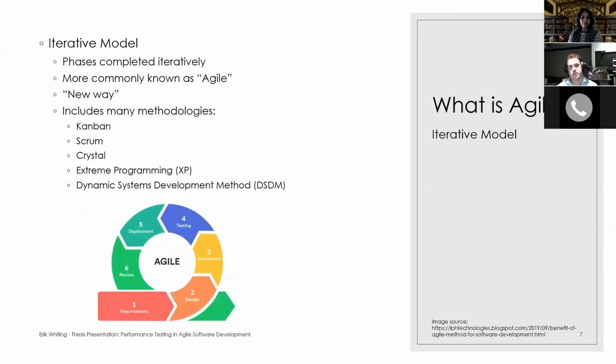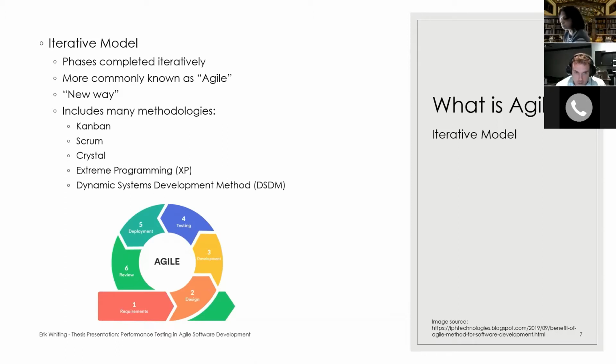Now, alternatively, there's the iterative model, which is the official name of what we call Agile. The iterative model of software development is when you take a few requirements at a time and you take it through those phases. You find maybe 1 or 2 features that you want to build, and you design those, you develop them, you test them, and you deploy them. You get feedback from your users, and then you repeat the whole process over again. That's the iterative model. It's what we call Agile.